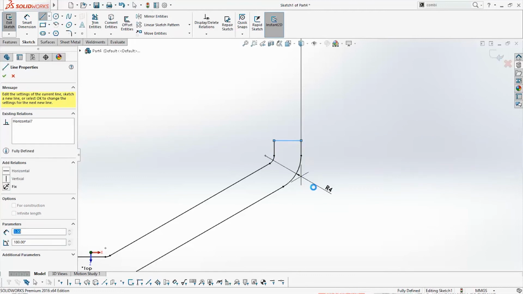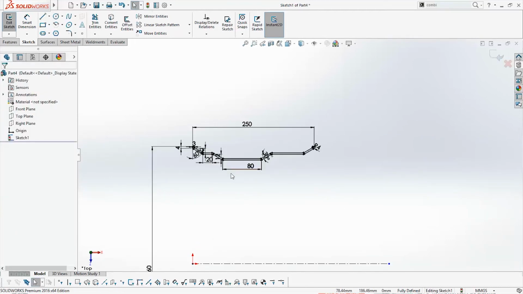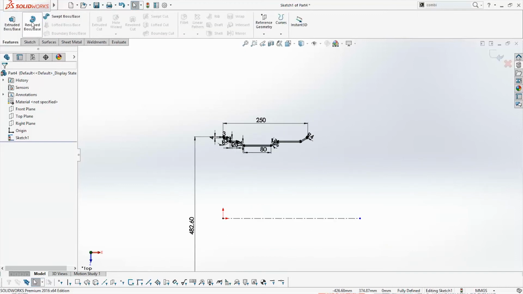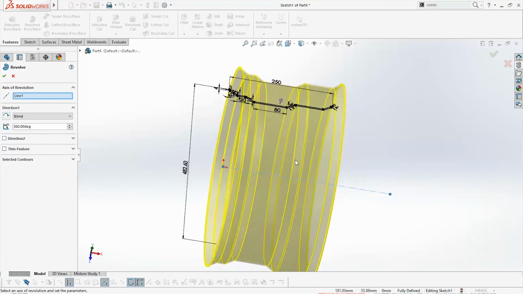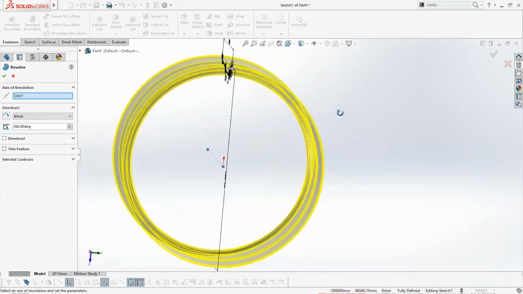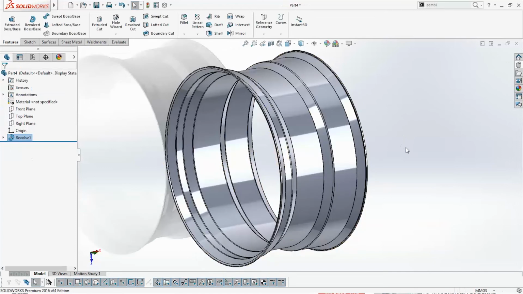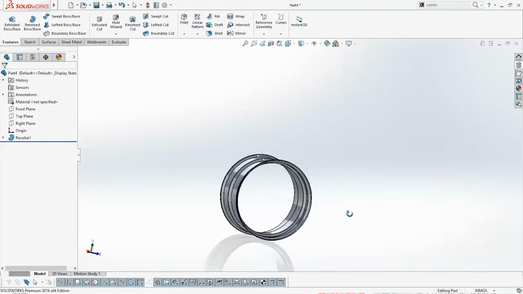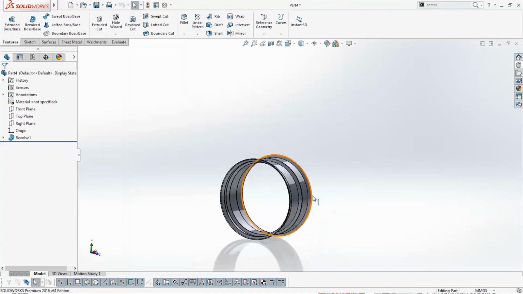Add lines here, and here we have a fully defined sketch that is a closed sketch. Go to Feature menu, pick Revolve Both Base, and here is our new feature. Click OK. Okay, good. Now create one plane